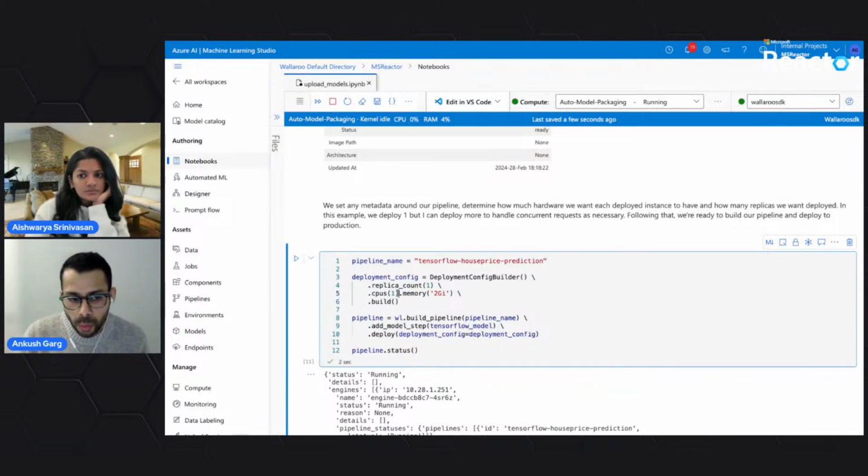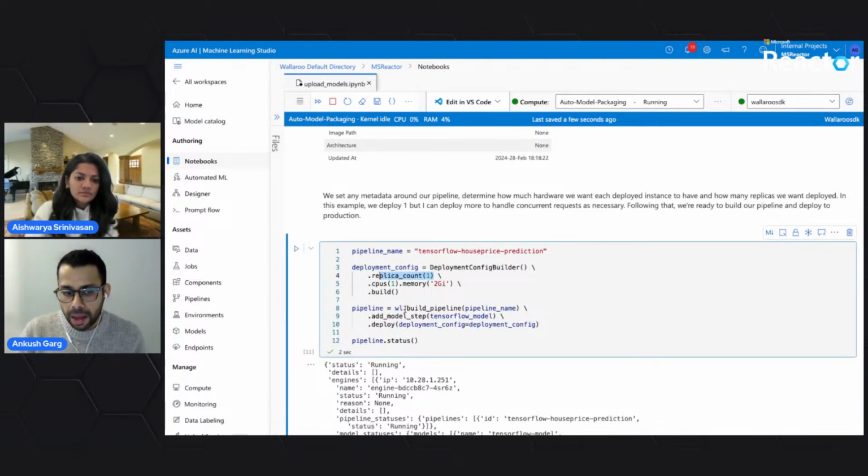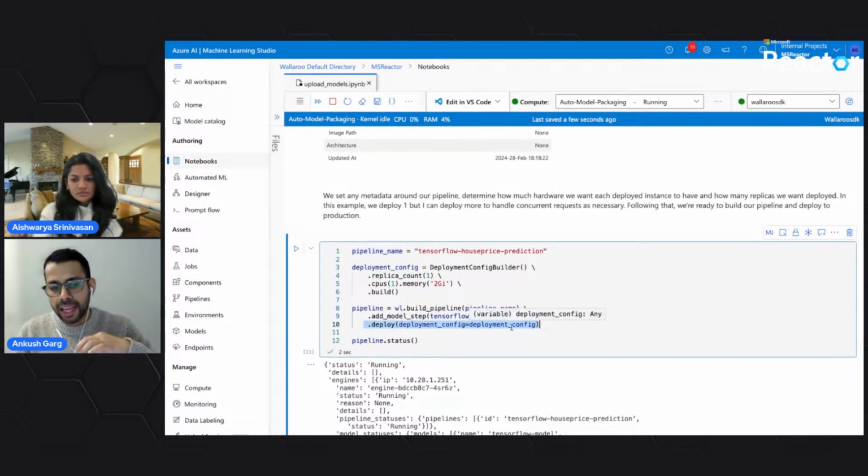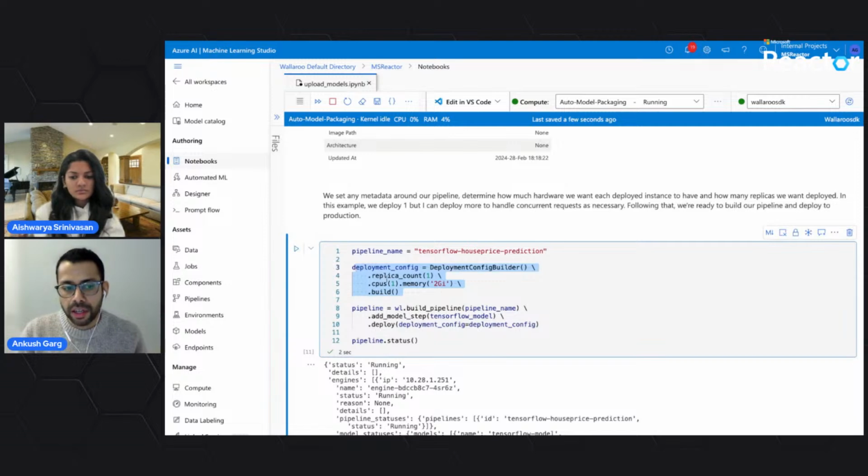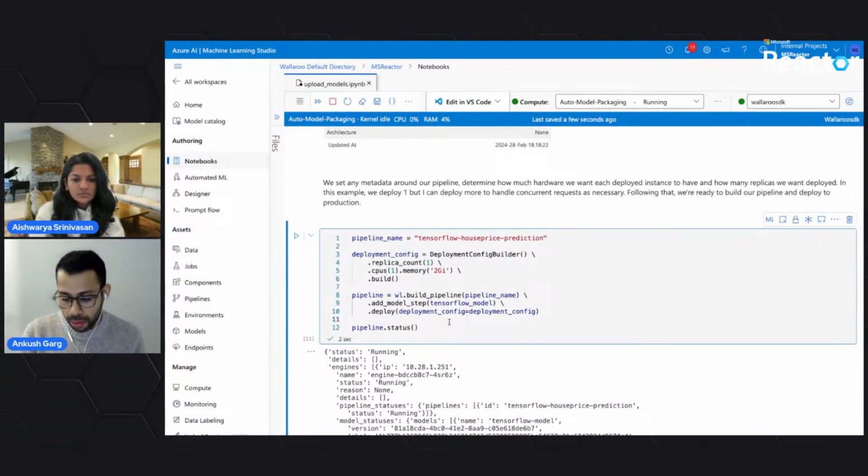I'm giving it 1 CPU, 1 replica count, and 2 gigabytes of memory. And I build the particular pipeline with the pipeline name, add the model step, the TensorFlow model that we just uploaded up above, and call deploy by passing in the deployment configuration that we defined also. And when we run that cell,